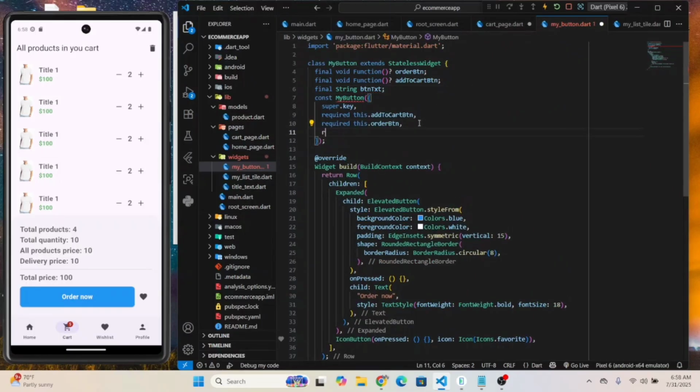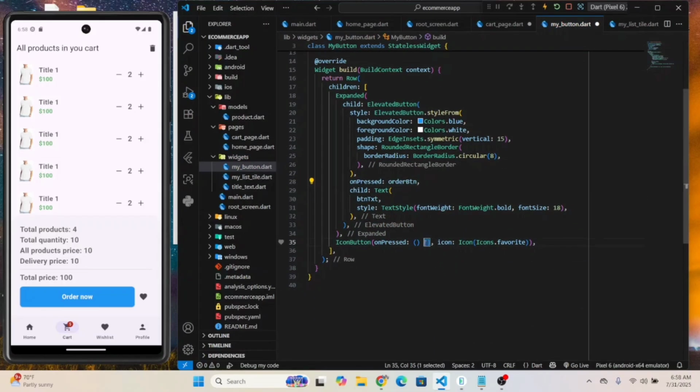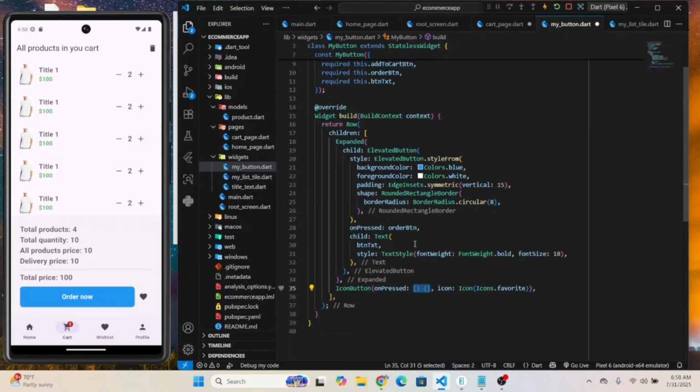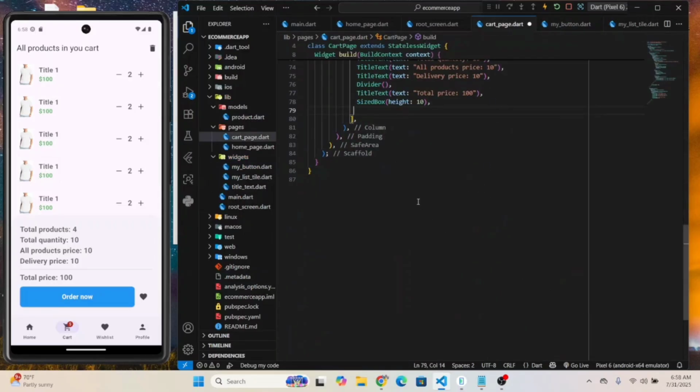You require this text, perfect, and give here button text, and order button, and remove this to add to cart button. Okay, now save it and open up the cart page and give here